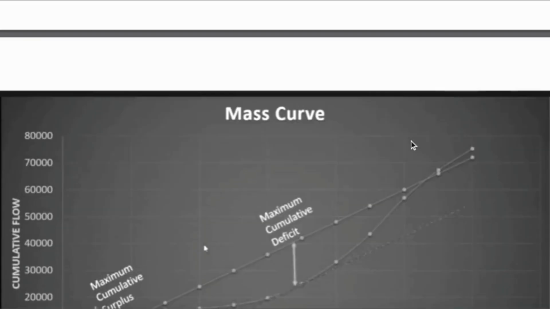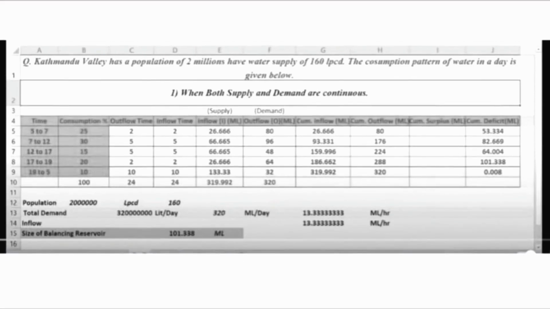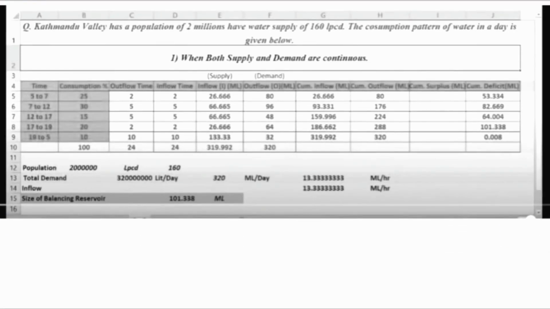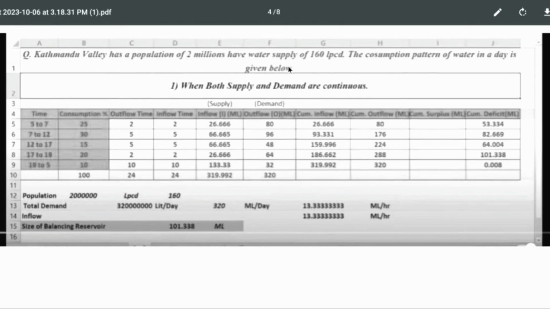20197.96. Now the balancing reservoir is only the reservoir where the supply and demand are equal, that is inflow and outflow are equal. So in the question, 2 million people at 160 LPCD, so the total demand is 2 million into 160, which is 320 million liter. Okay, 320 million liter per day is the demand, and the consumption pattern is continuous type, means full 24 hours